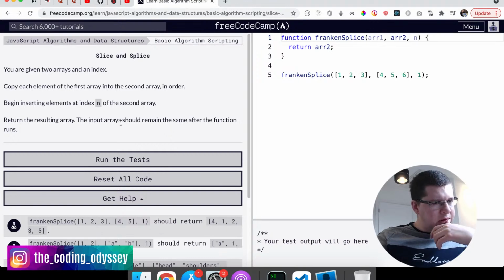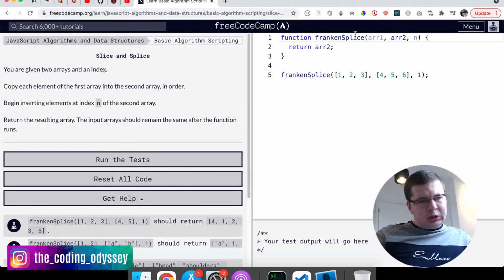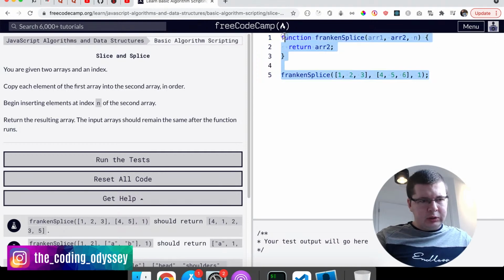Okay, so they say they should remain the same, so they don't want us to use splice on the original array, right? So let me copy this